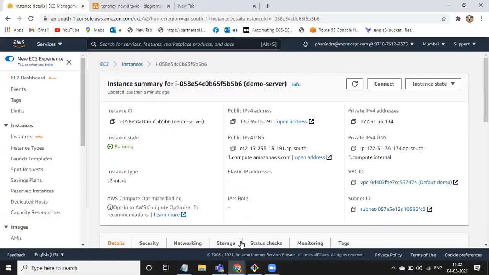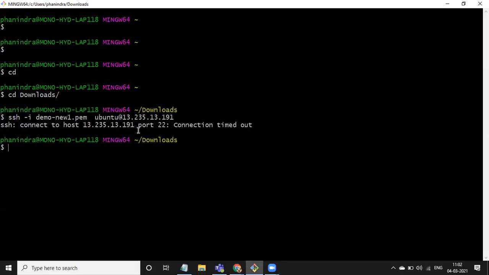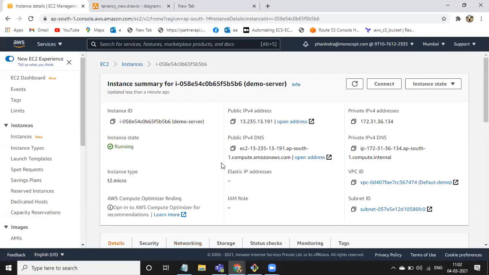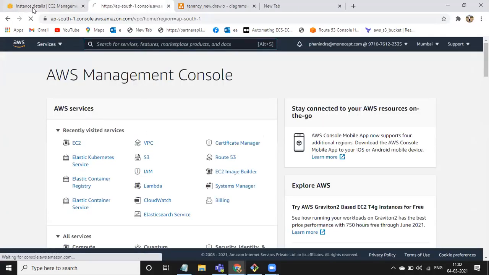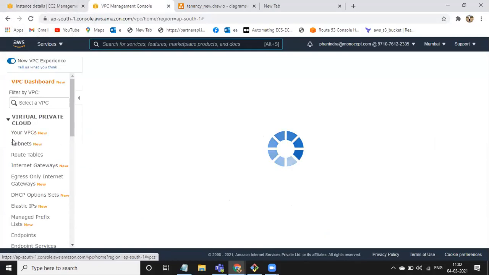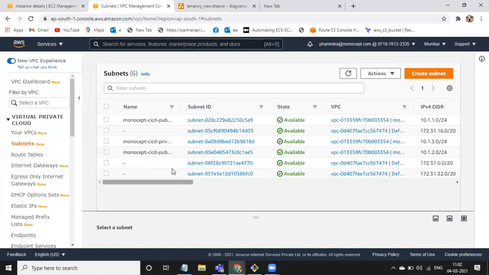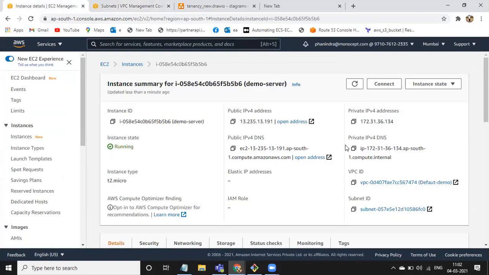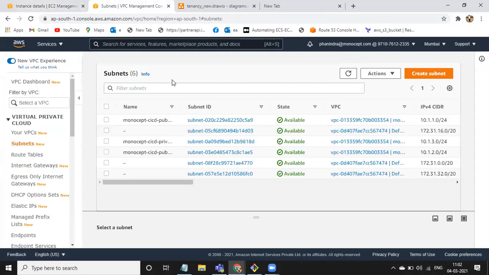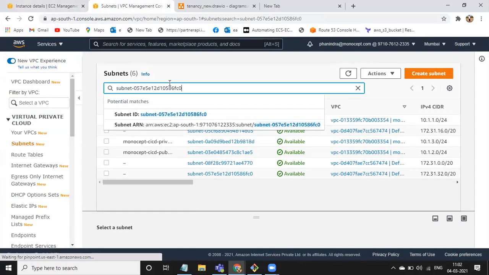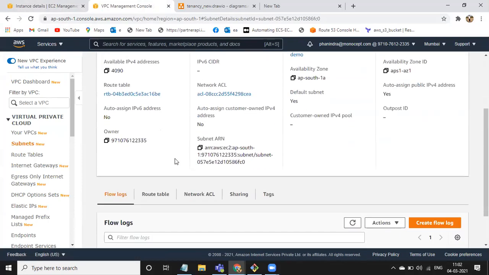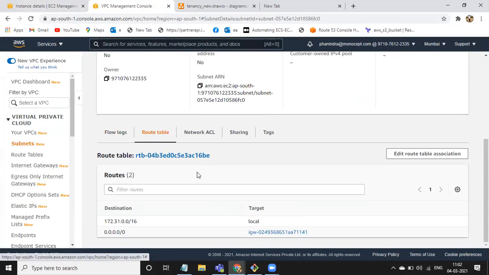So I need to check why I am not able to connect. Still, I have opened SSH port 22 from anywhere. Still, there is an issue while connecting. Okay, let's see the VPC, subnets. Which subnet, guys, which subnet are we using? Subnet ID. Okay, there is a proper route.